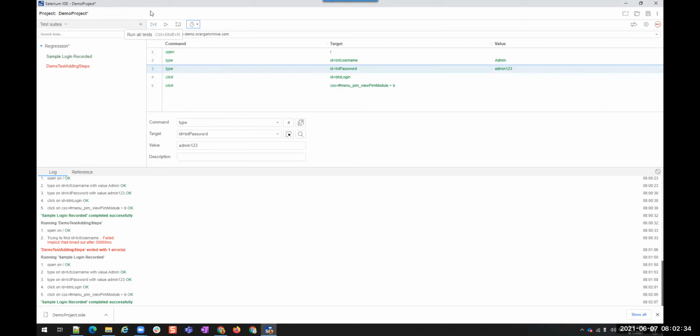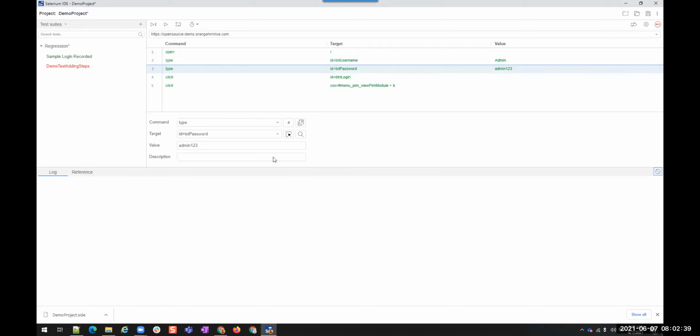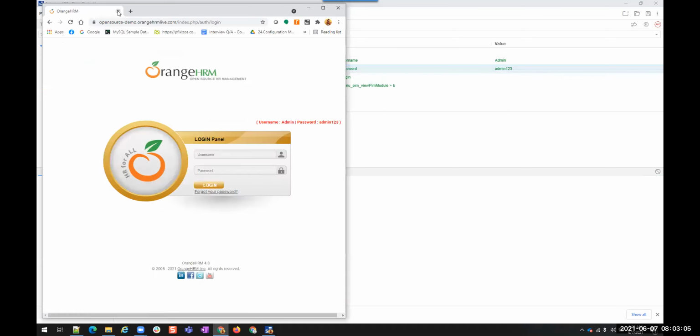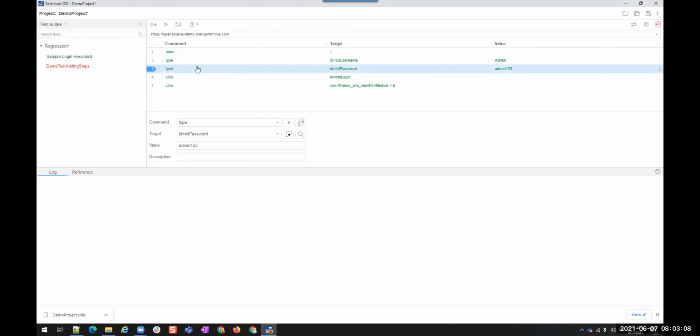All right. And then suppose you want to debug something. Something is not working, or some element is not working, and you want to debug it. So we want to add a breakpoint. To add a breakpoint, I want to stop while entering the password. You see this? Just click on the number so that it will add a breakpoint. Now when I run this, it will come to here and then it will stop at this point. Let me log out of this. Now when I run this, it will stop at this password until I press next.